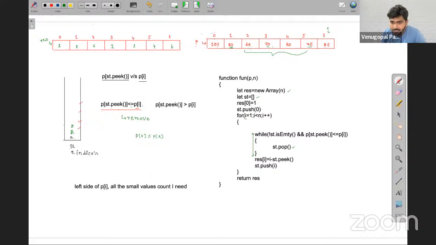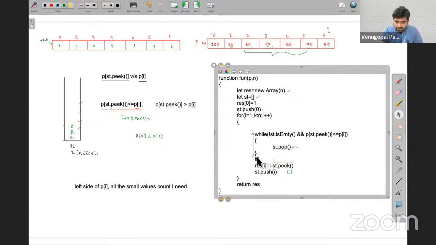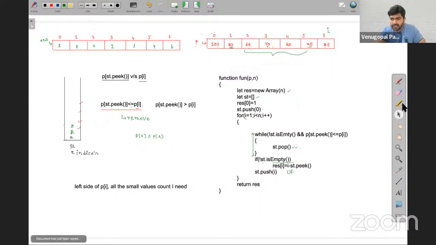By the time the stack becomes empty, if you are directly accessing without checking, then in such a case, don't you think it will give an underflow error? Assume for all elements this condition is true and all elements are also getting deleted. After that, you are accessing this element. What will you get? Nothing. Therefore, before accessing this, you need to check. What you need to check? In case your stack is not empty, then only you access this condition. Otherwise, you are not supposed to do this. If the stack is not empty, then only you take it.